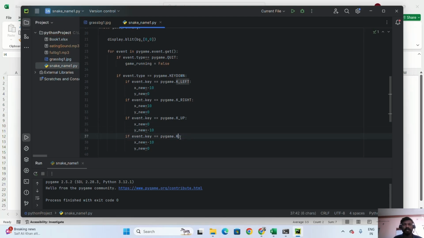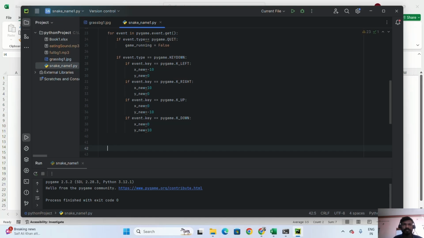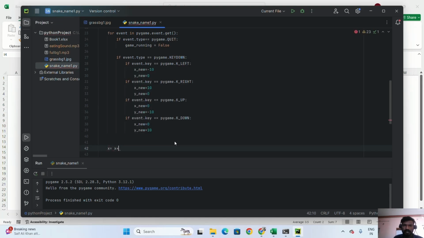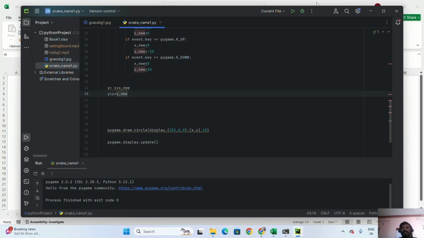If I go down, my x coordinate will be 0, but my new y coordinate will be 10. Now my x equal to x plus x new, and my y equal to y plus y new. Now if I run this,